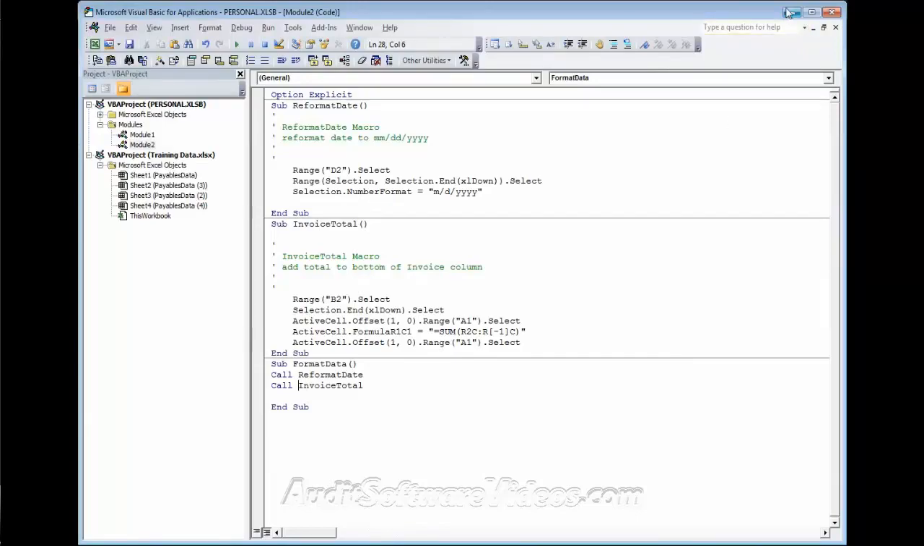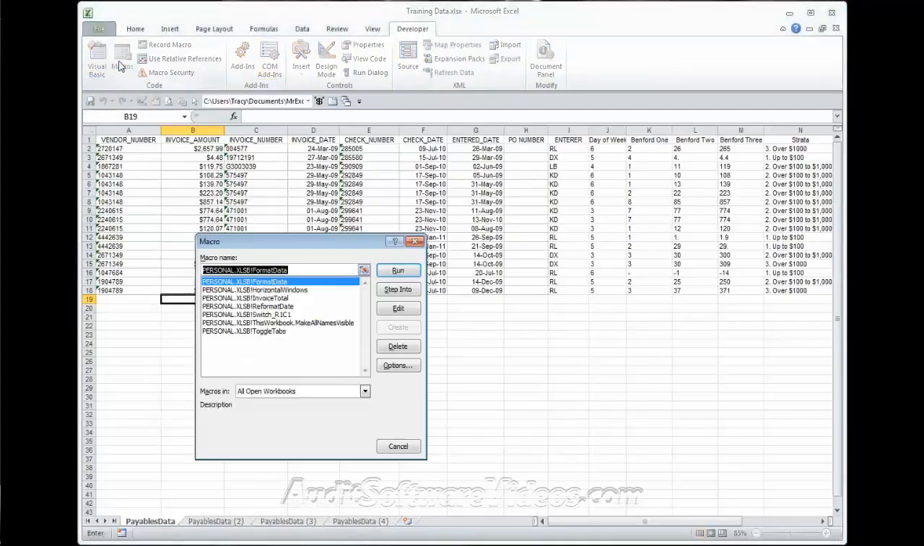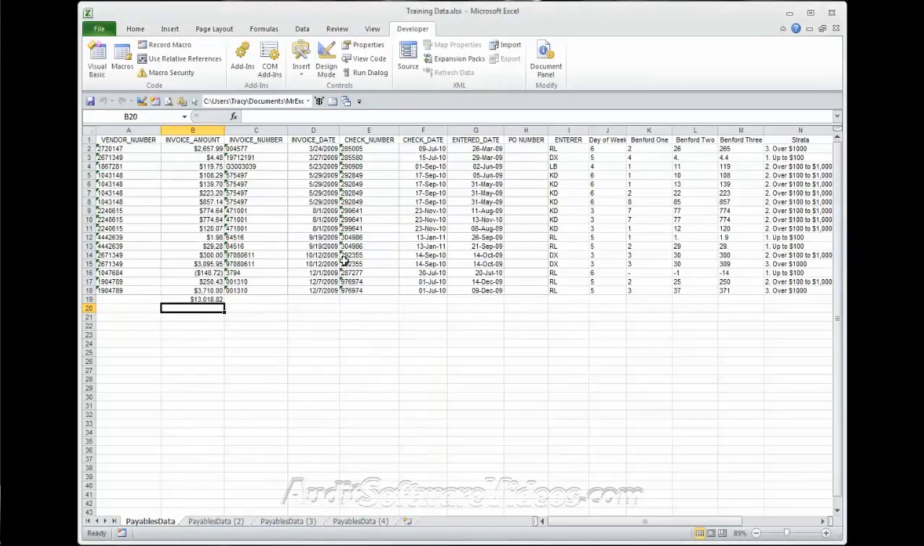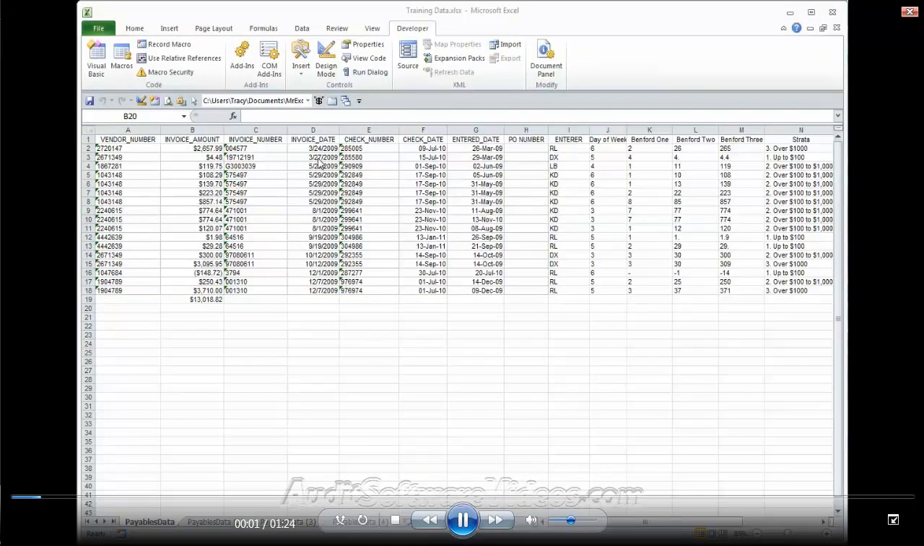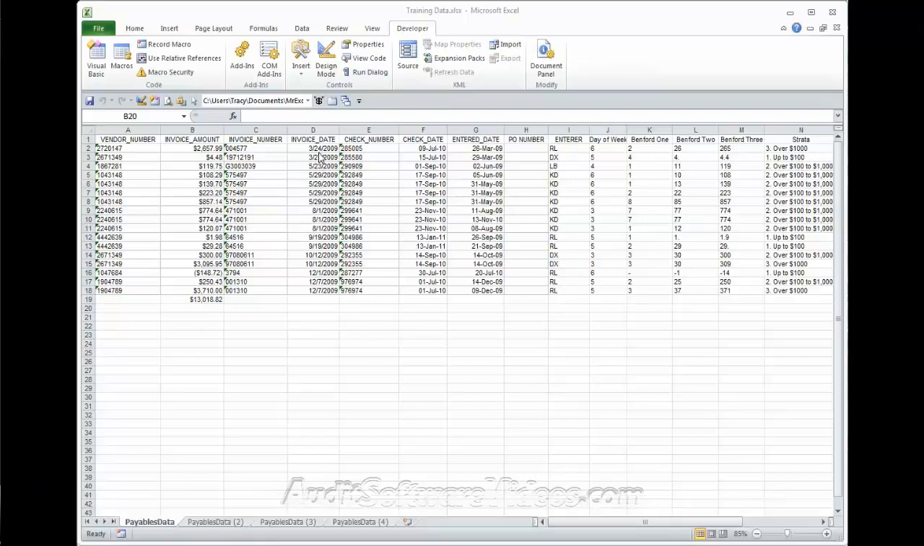To test your sub, return to Excel and run your sub. As you can see, it properly put the total at the bottom of my column and reformatted this column. My sub only formatted dates in column D. I also have dates in column F and column G that need reformatting. To do this, go back into the VBE